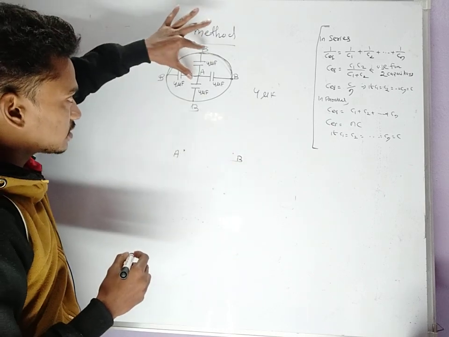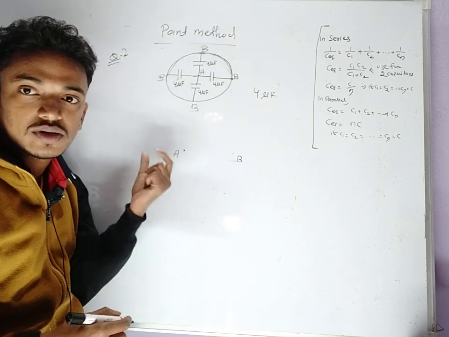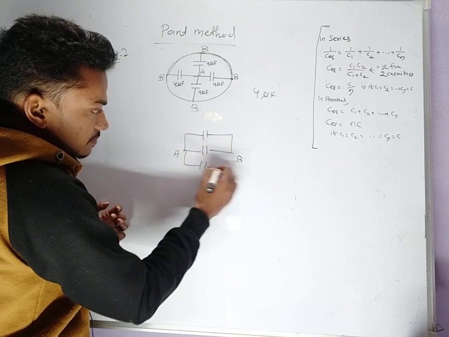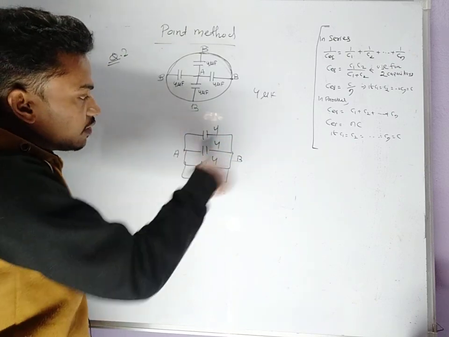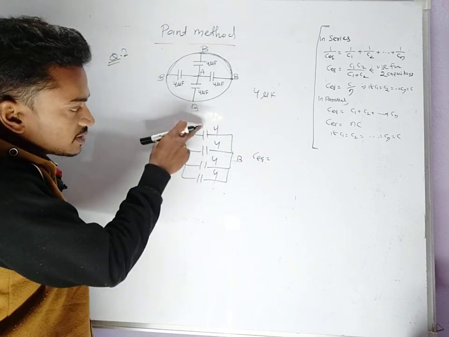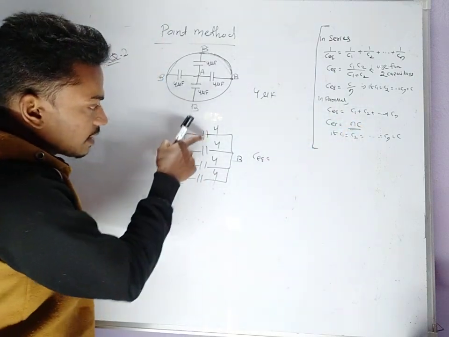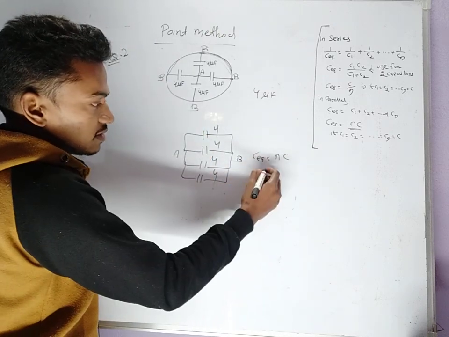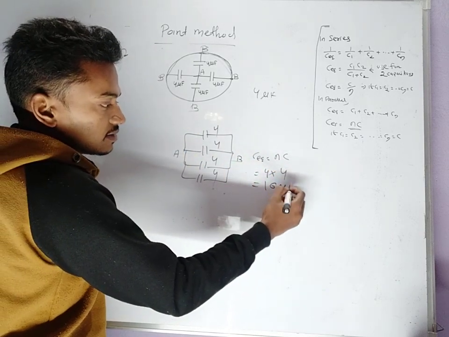See, all these capacitors, this 4 microfarad, this 4 microfarad, and this 4 and this 4, are connected between A and B. So all capacitors are connected between A and B. You can easily see that all are in parallel grouping. So C equivalent in parallel grouping is simply the capacitances added. So the answer will be NC, since all the capacitances are the same. N means the number of capacitors: 4 into 4, since each capacitance is 4. So 16 microfarad is the answer.